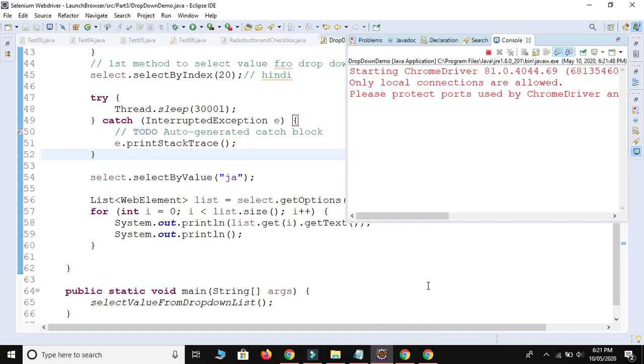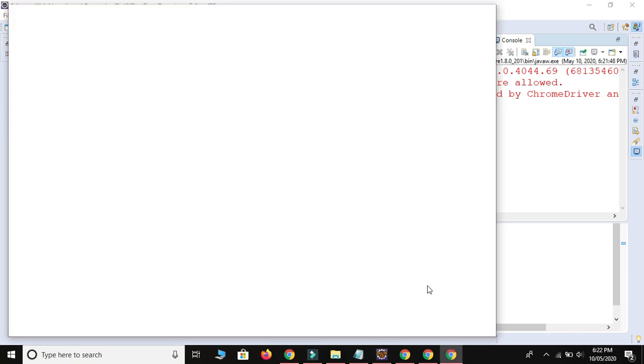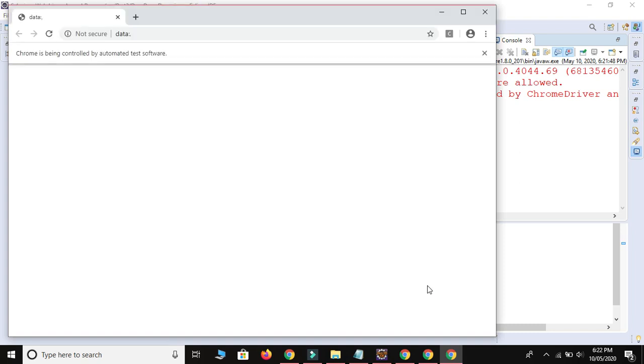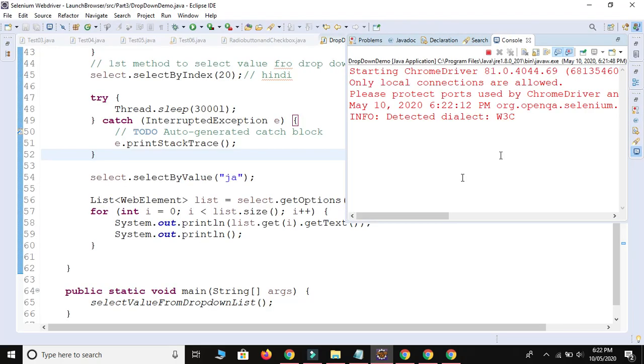Just wait a minute. Okay, as you can see on the screen, the console has started the execution. It will launch Chrome, then maximize, and then print a complete list on the console. Just a minute guys, it will take few seconds only. So let me open Eclipse, because our value is printed here.